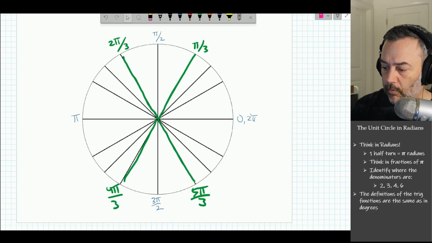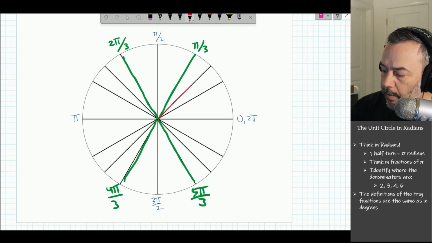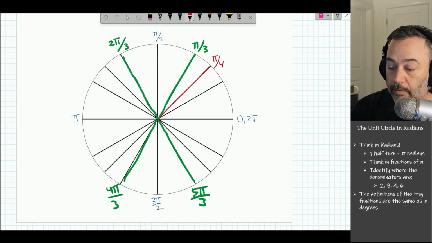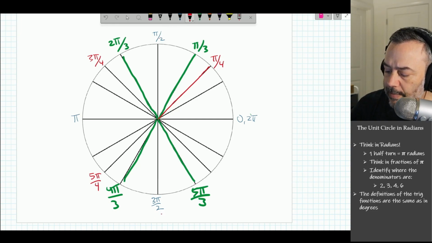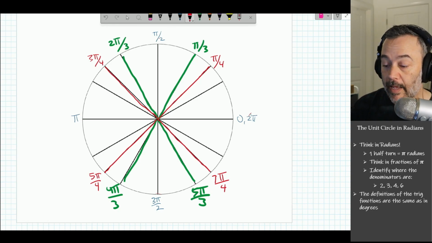Now let's do pi over 4. I'll do it in red. Pi over 4, 2 pi over 4, but we already have it, 3 pi over 4, 4 pi over 4, but we already have it, 5 pi over 4, 6 pi over 4, but we already have it. I meant to color these in red. 7 pi over 4 goes here. And 8 pi over 4 is 2 pi. That reduces. We already have it. And the last one